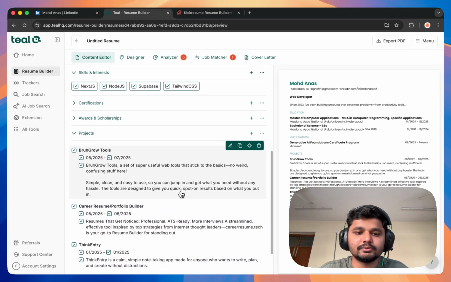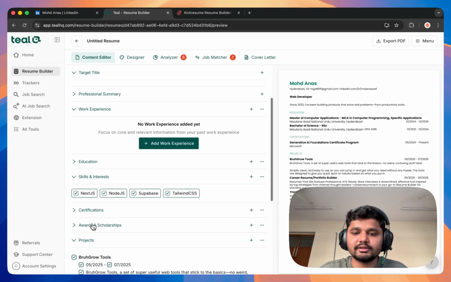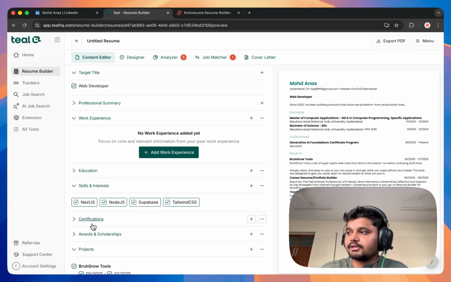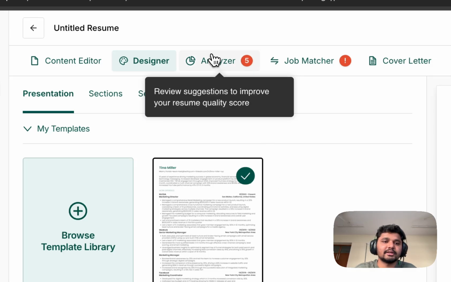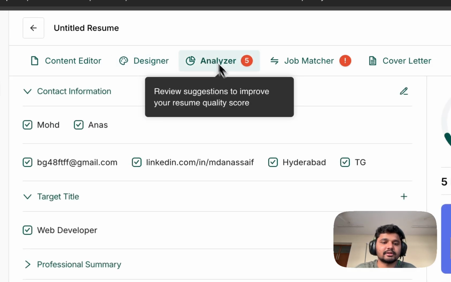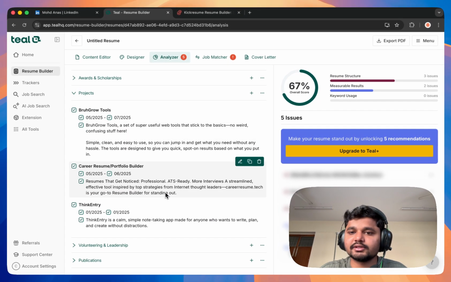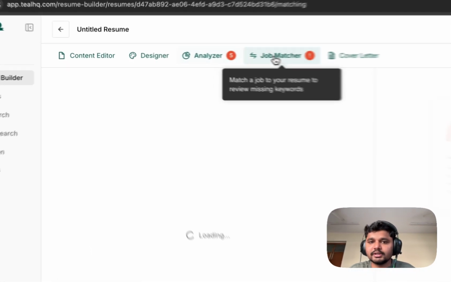This looks nice to me now. You can add more things as well here. You can see some templates. I'm happy with this template, seriously. Analyze here. Okay, it gives us an overall score based on the content you have used, and click on